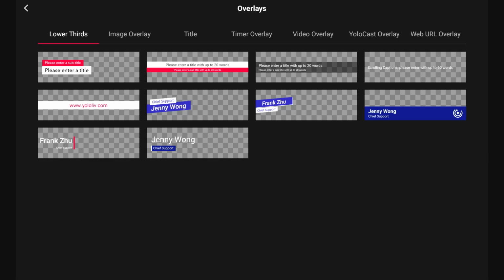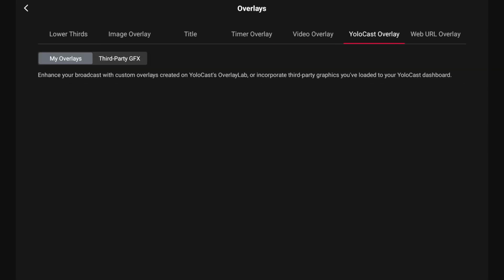Going back to the add overlay option, if you go to the YoloCast overlay, YoloCast has a service here where once you connect to the service, you can download various assets. There are some assets already on here on the Yolo Extreme, but there are more on their site and with their service, and it provides you more options, more scoreboards, and various assets like that you can download and install here on the YoloBox